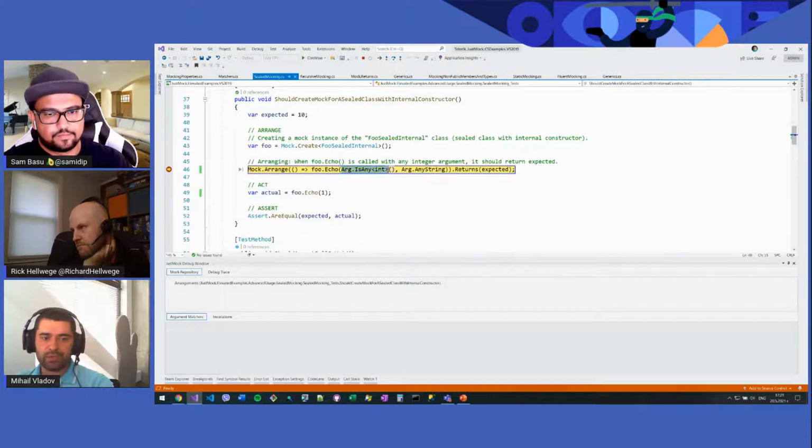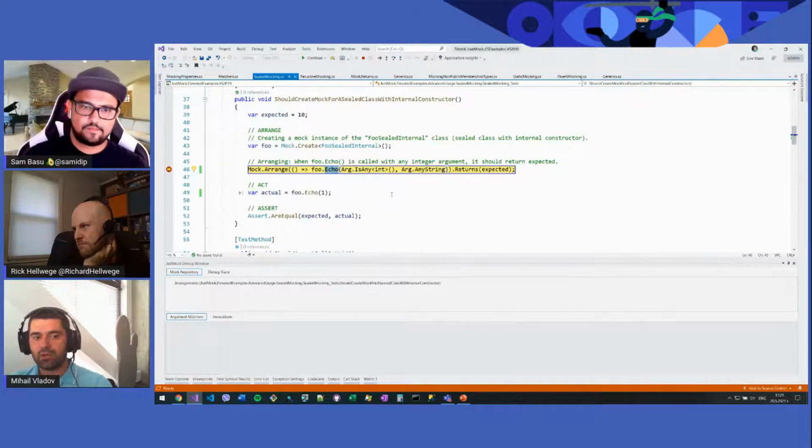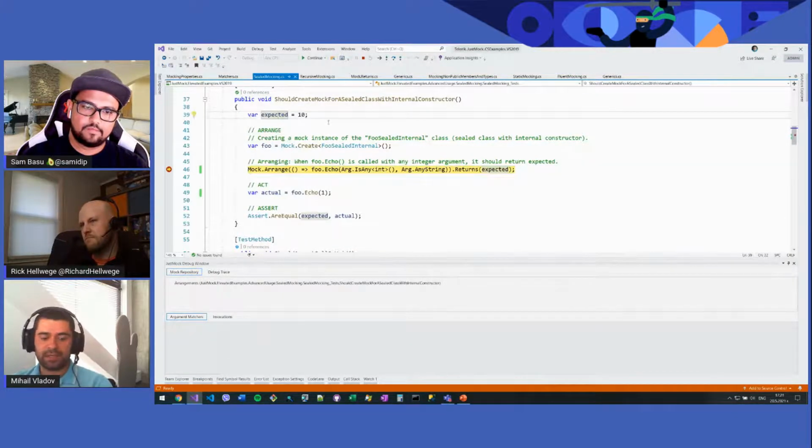For this arrangement, we are using the IsAny argument matcher, and this means that any argument that is an integer and is used to call that echo method will be accepted and intercepted, and that invocation will return what we expect, and we are expecting to return a value of 10. The first argument is an integer, and the second argument is a string.